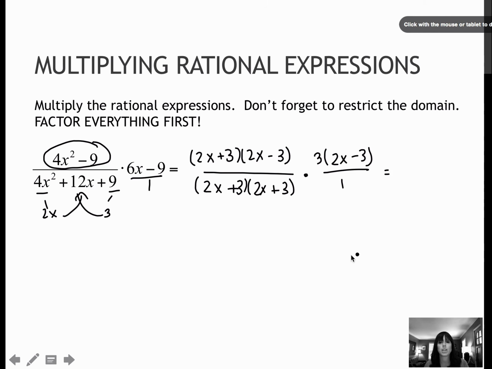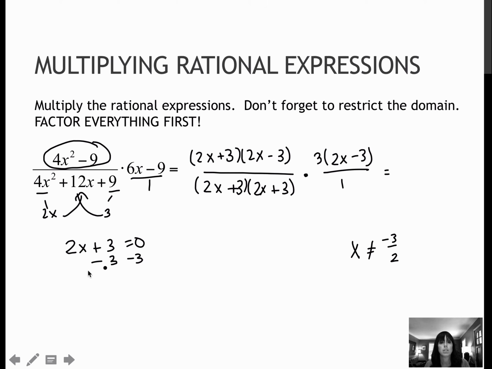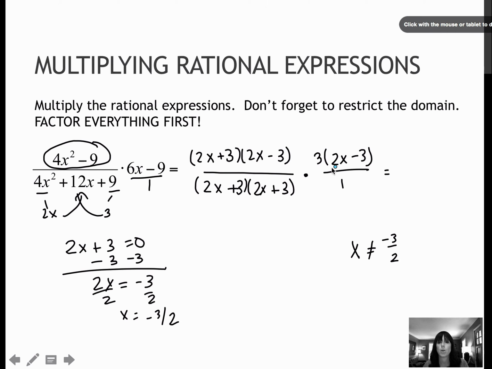Let's go ahead and restrict our domain. X cannot be negative 3/2. That's it. Again, you can set that equal to 0 to solve. I'm just doing that math in my head for the sake of not making this a 30-minute video. And if I divide by 2, again, I get that negative 3/2. And then, of course, I'm going to reduce. So this reduces,